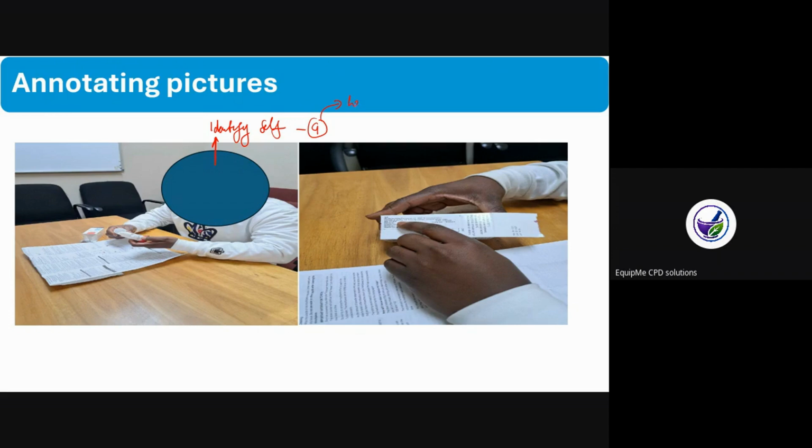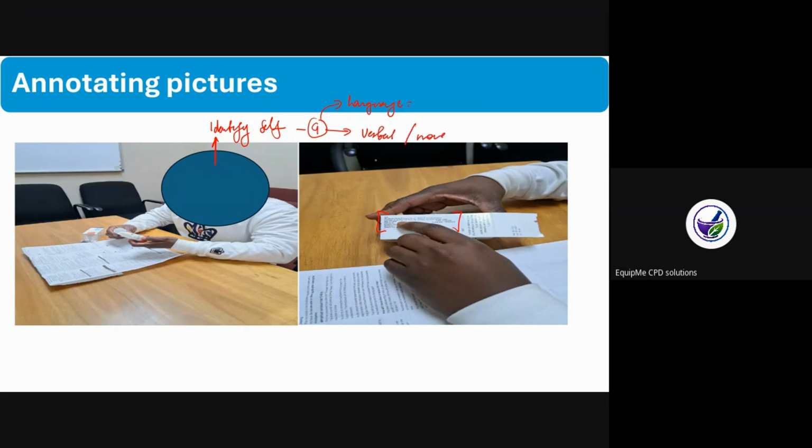So in the language, what language will I use? How will I show this? Then I'm going to show the assessor the language that's used on the label, or the language that I'm going to use on the material that I then provide. Okay, and then it also speaks about verbal and non-verbal.